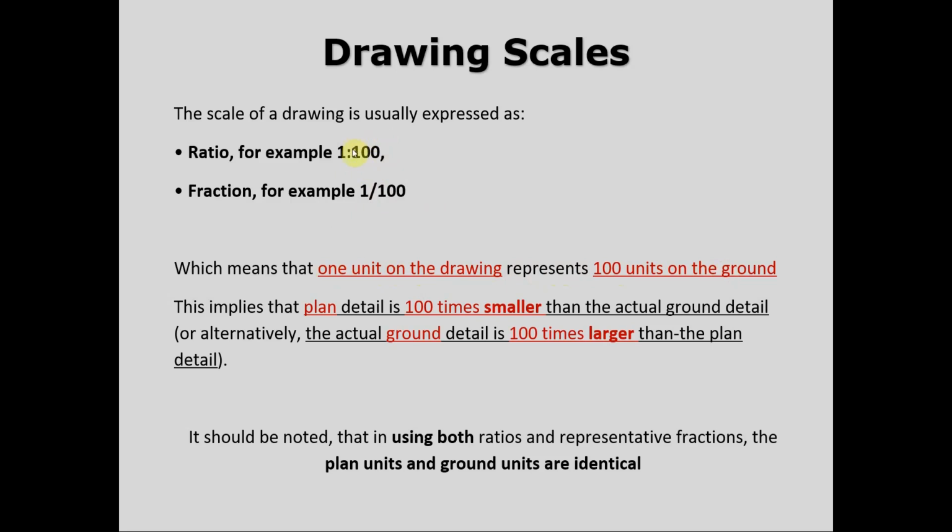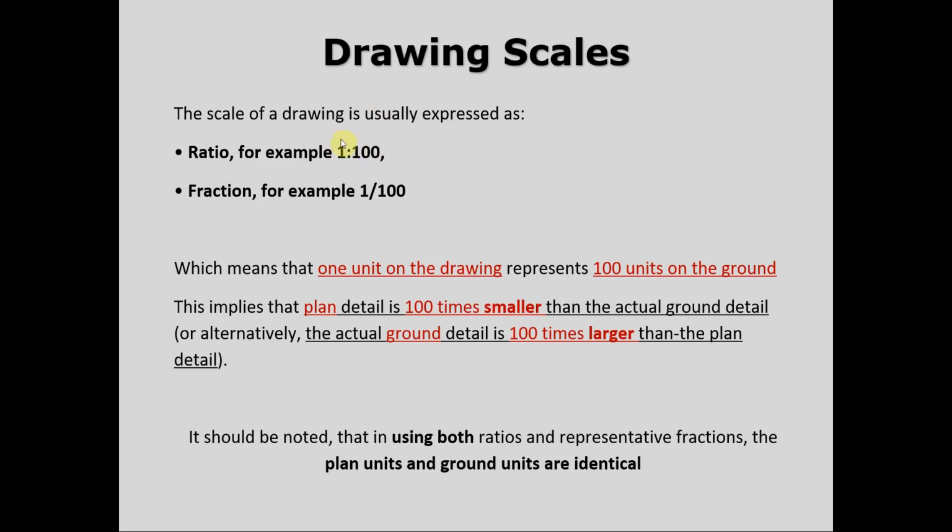Now, scales vary. We've got many different scales: 1 to 100, 1 to 200, 1 to 500, 1 to 1000, 1 to 2500, 1 to 5000. These are the main common scales. Having said that, we've got 1 to 300, 1 to 400 if we have to, and other scales for different items that we can use. The important part for us here, to start with, is that we are familiar that